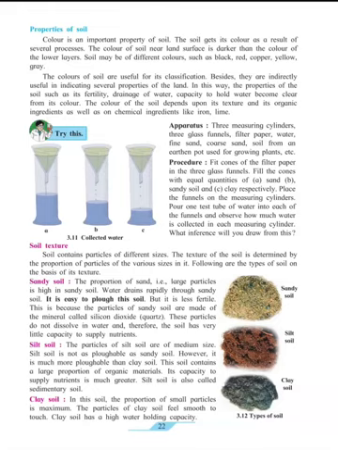Color is an important property of soil. It can occur in different colors such as black, red, copper, yellow, and grey. The color of the soil depends upon its texture and its organic ingredients as well as on chemical ingredients like iron and lime.